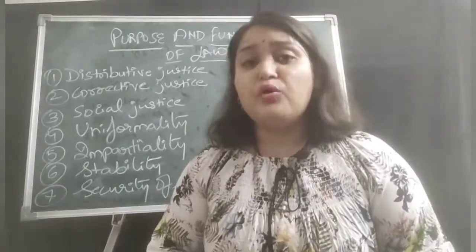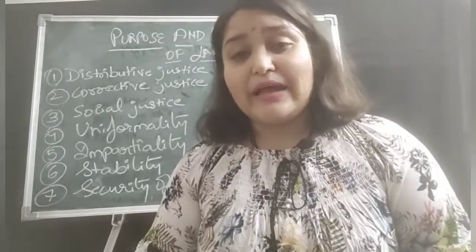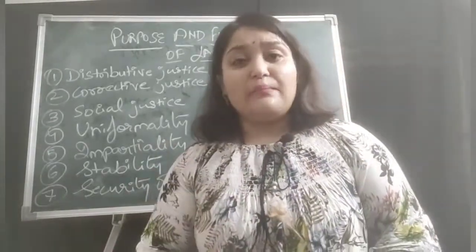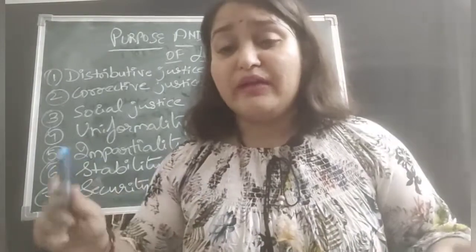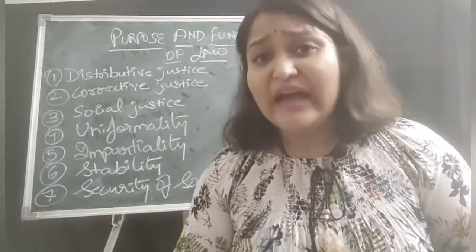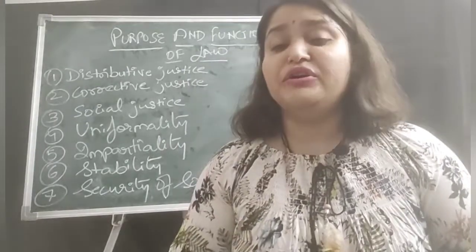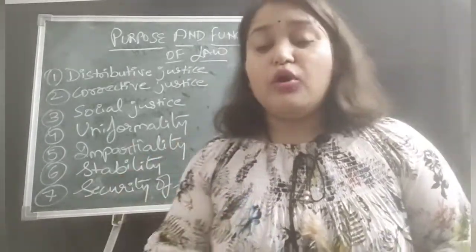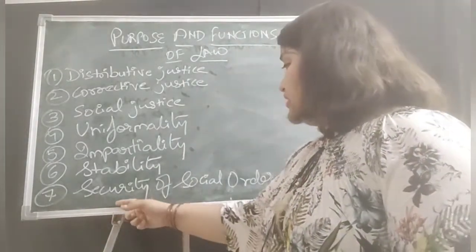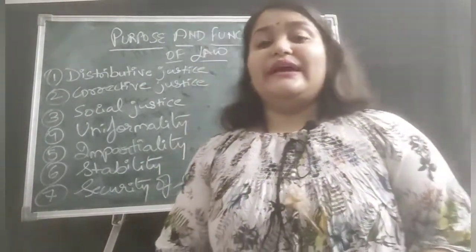You know that if you do anything wrong, you will be penalized by a fine. You can take the example of the Delhi Metro. If you do not behave properly at the premises of the Delhi Metro, and if you tend to injure or cause any harm to another person, you will be penalized. So you need to check your behavior. You need to behave properly at the metro or any other public place, right? So this is the thing of security of social order.